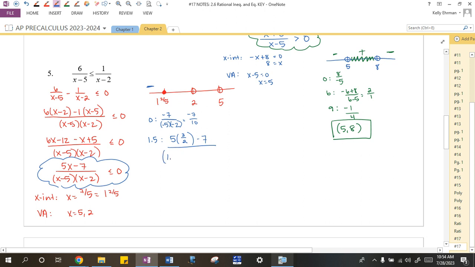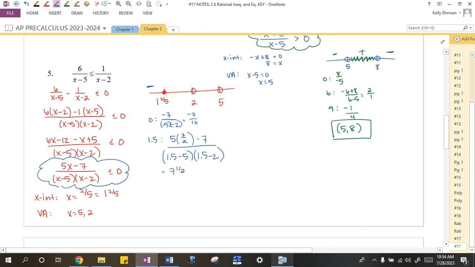And then 1.5 minus 5, 1.5 minus 2. I'm assuming that we're doing this all without a calculator, by the way, so we need to make sure that we can do this math. So just think about what's happening here. So this is 15/2. 15/2, what is that as a mixed number? 15/2 is